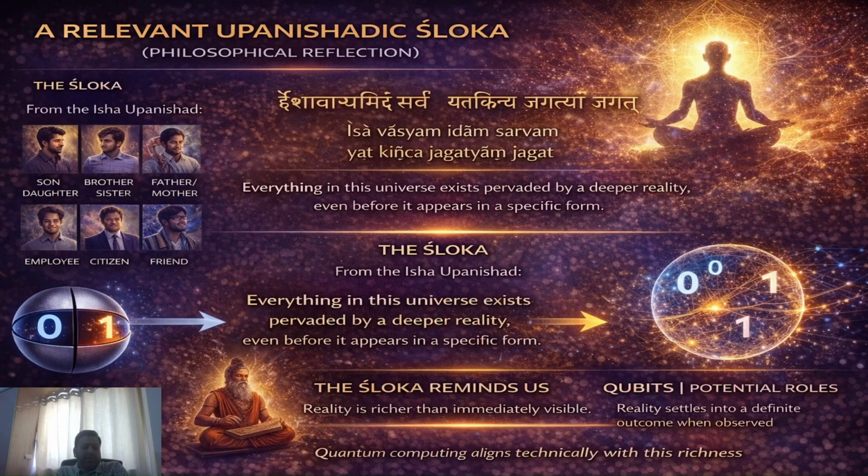Clear? So just like an individual is not confused when playing roles, not playing them randomly, and not being multiple people, a qubit is also not confused either. It is simply responding to the context. This is a very important thing, right? Clear? With this, there are 3-4 different things which I will explain, which are very, very interesting.